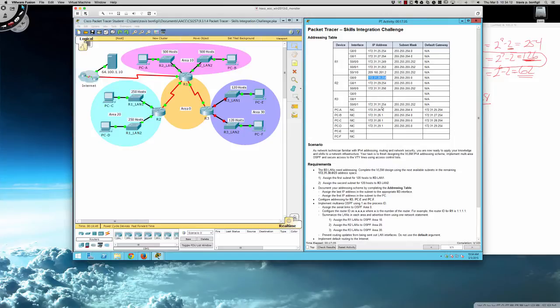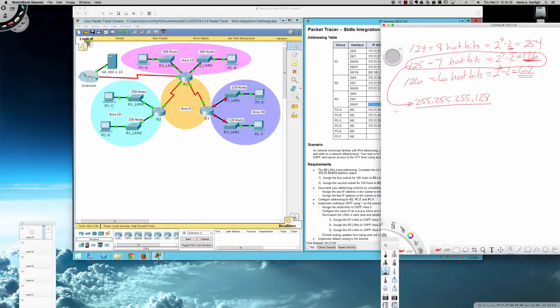We've used 31.31. You really need to be aware of the fact that it looks like they're using 172.31.31 a little further down, and then there's a 250 and a 254. So we're going to go ahead and start right at